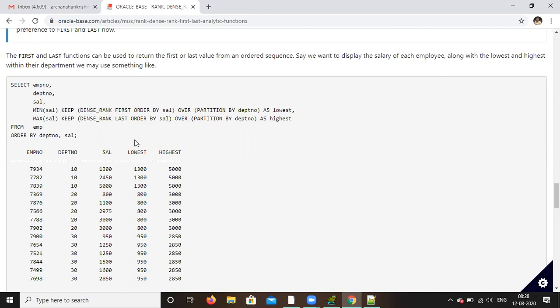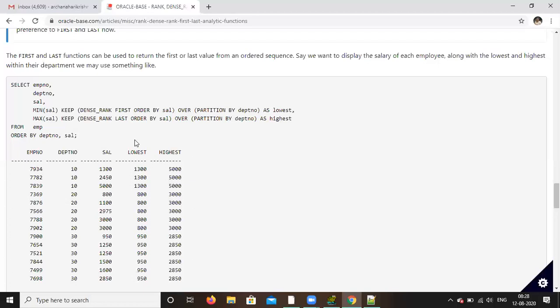And like that, if you take the maximum salary department wise, take the last one. In department 10, the last one is 5,000. So that is the highest.